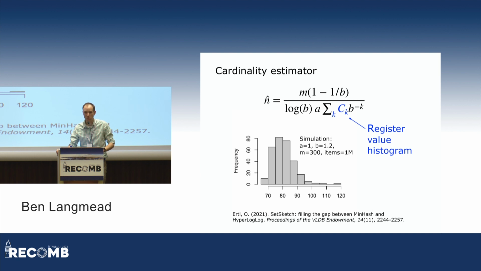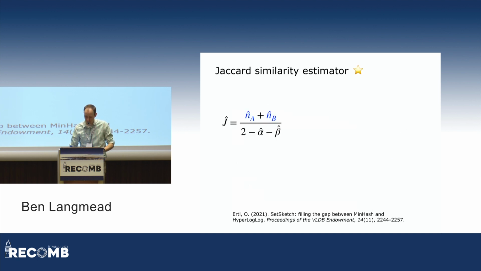So once you've built the sketch, you can build this histogram. You never have to build it again. You can also just estimate the cardinality. You never have to estimate it again. So that's a trick. That's a nice chunk of computation that you can do at the time you build an individual sketch. Then when it comes time to do something joint, where you're comparing two sketches, now let's look at